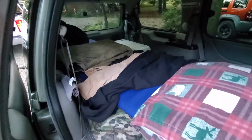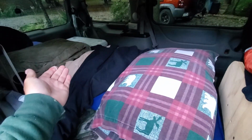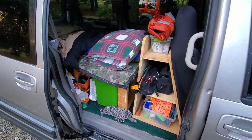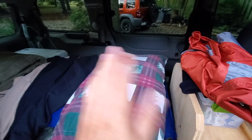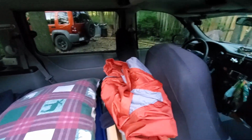So I've got my bed all set up in the Montana, ready to go. A lot of times I've got it where the bed will actually fold up, and I'll have everything back there, and then at night I can fold it back out. But on this trip, I'm just going to leave everything just like this, so when I pull over, say Saturday night, early Sunday morning, about 2 a.m., all I have to do is get out of the driver's cab, come back here, get a good night's sleep, go back up, start the vehicle up,